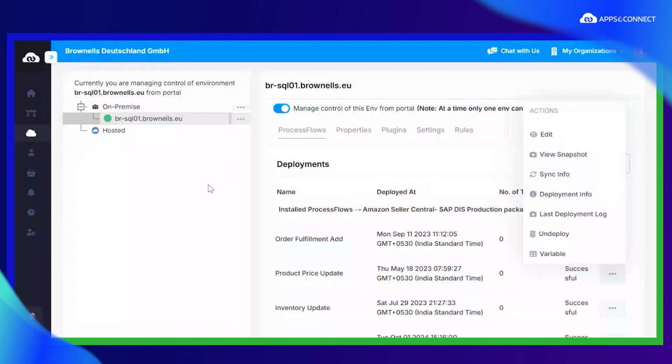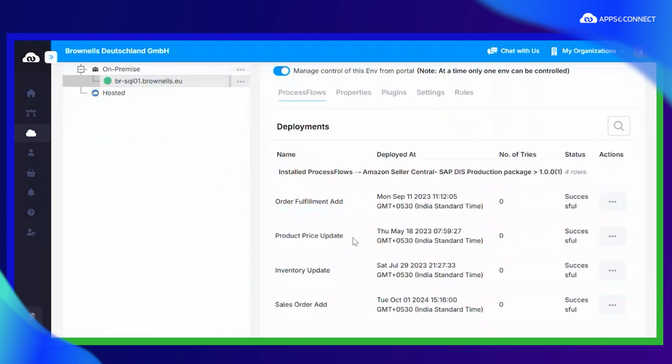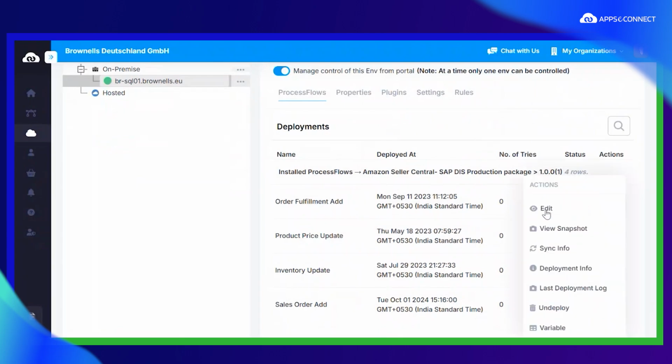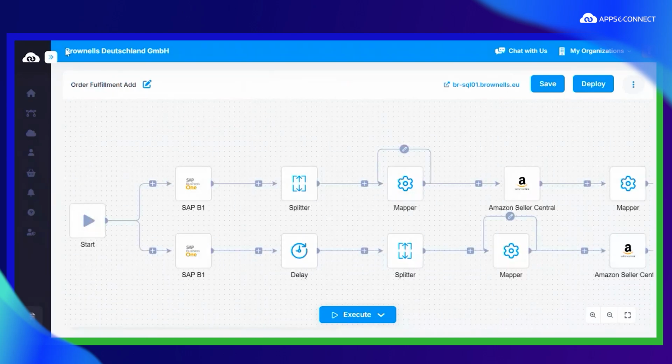So this is the deploy section page, and from here you can see all of the process flows deployed for this particular project. Let's say we want to see the orders fulfillment add process flow. We have to click on these three dots and select the edit button. This button will redirect you to the process flow page, and here you can see the process flow responsible for